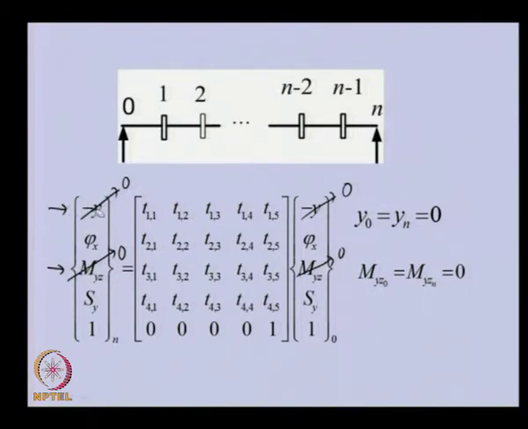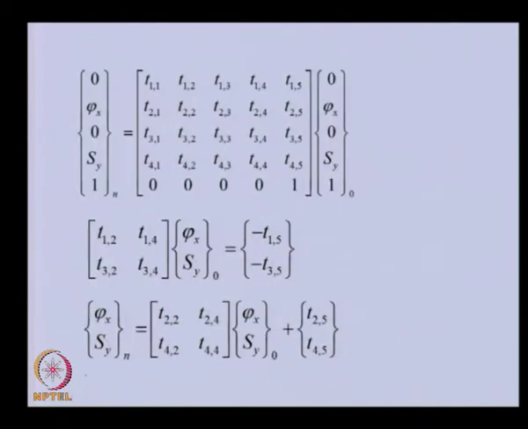So, I am taking out the first row and third row, and in the second case I will be taking the remaining rows. Basically, this is the application of the boundary conditions. If we take the first and third rows out of the above equation, you can see that in the first row, T11 is multiplied by 0, so this will not contribute. T12 will multiply by this angle, so this is coming here.